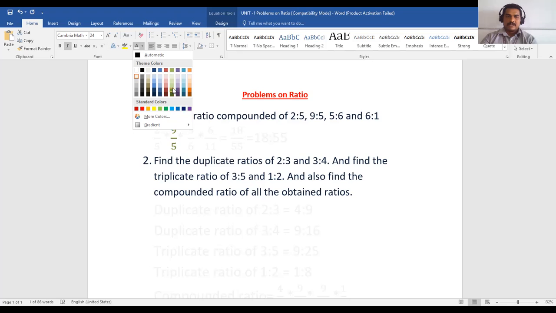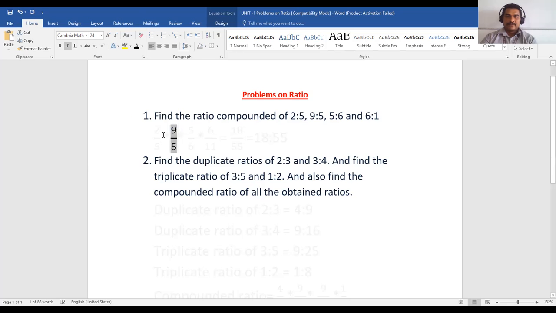So first we'll be writing the given ratios into fractions. Okay. So four ratios are given to us in the problem, and we need to find out the compounded ratio. So all the four ratios we'll be writing in terms of